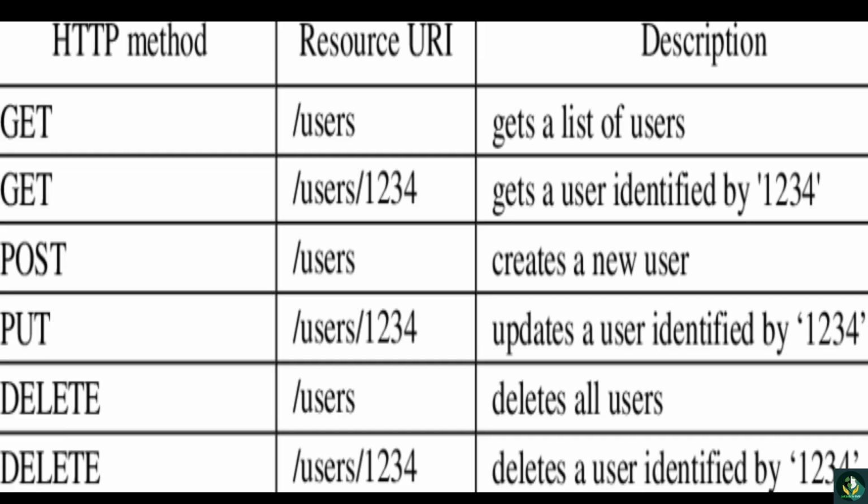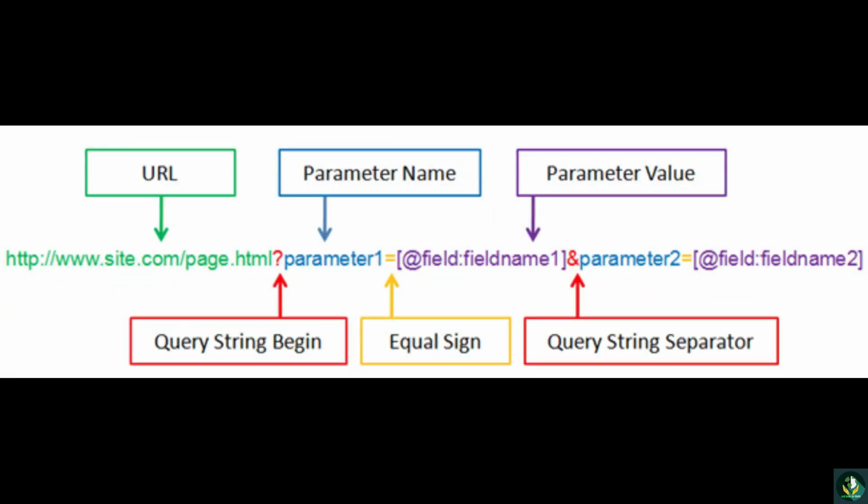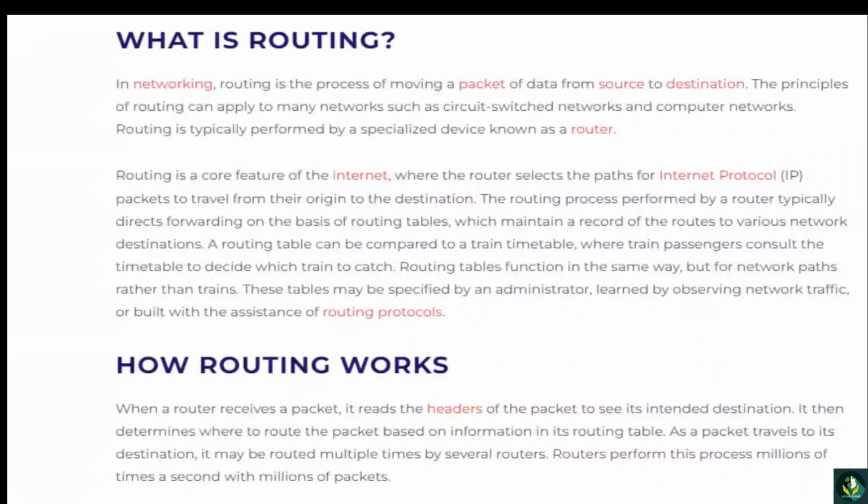Routing is the process of moving a packet of data from source to destination. The principles of routing can apply to many networks, such as circuit switched networks and computer networks. Routing is typically performed by a specialized device known as a router. Routing is a core feature of the internet,